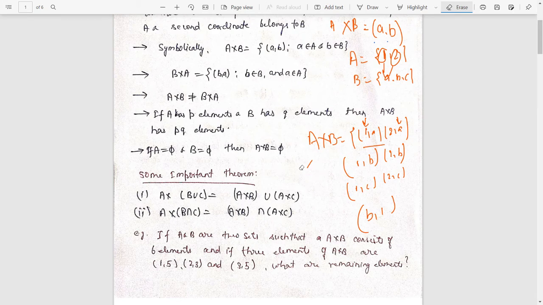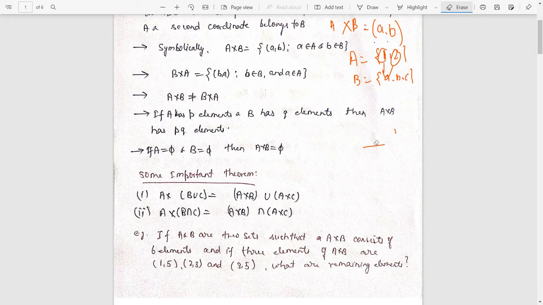That's why the set B cross A is different from the A cross B. So you have to keep in mind that A cross B, the Cartesian product of two particular sets, are not equal. If you are just trying to reverse the order, it means that A cross B is not equal to B cross A. Now, at this point, it's clear that A cross B is not equal to B cross A. So this point is clear.